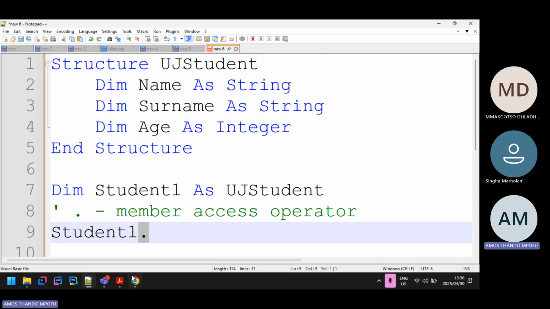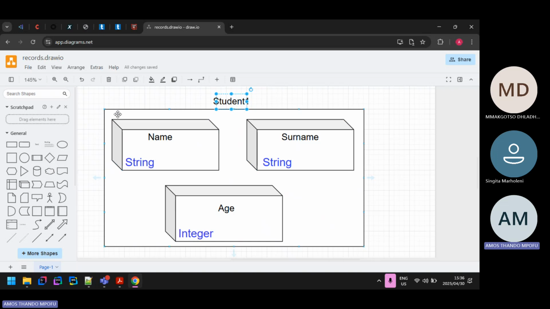So there's that dot. That dot means go inside here, which is basically, you see this whole rectangle around it. That represents the whole structure, right? For example, it represents the house. Then inside the house, there's you, your sibling, your other sibling. So this is all of you guys, right? To go inside the house, you use the dot. So that dot, you can think of it as opening the main door and going inside the house. And then after the dot, you tell Visual Basic what thing you want to access. So I want to access age. So I'm going to say dot